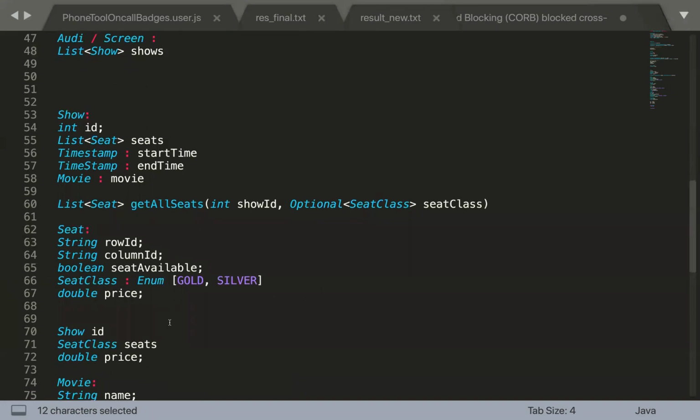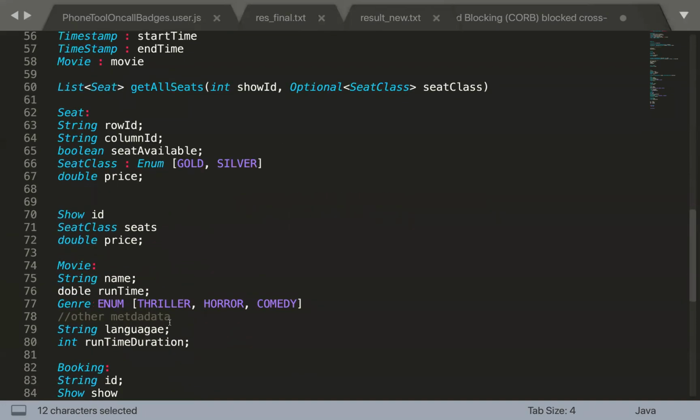You have the booking, which is going to have multiple seats, so you can create a booking object. You can block some of the seats in that, and that will intermittently give you the facility of selecting the seat and deselecting the seat. That is more towards how you implement that on the UI.